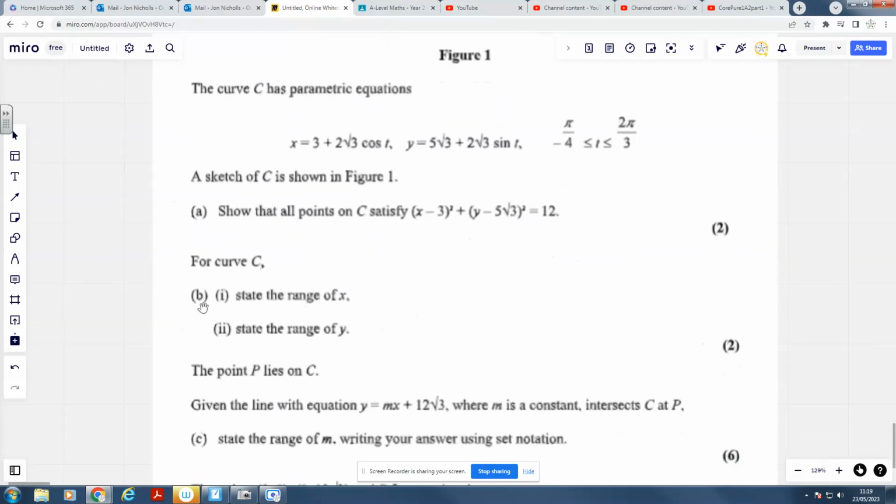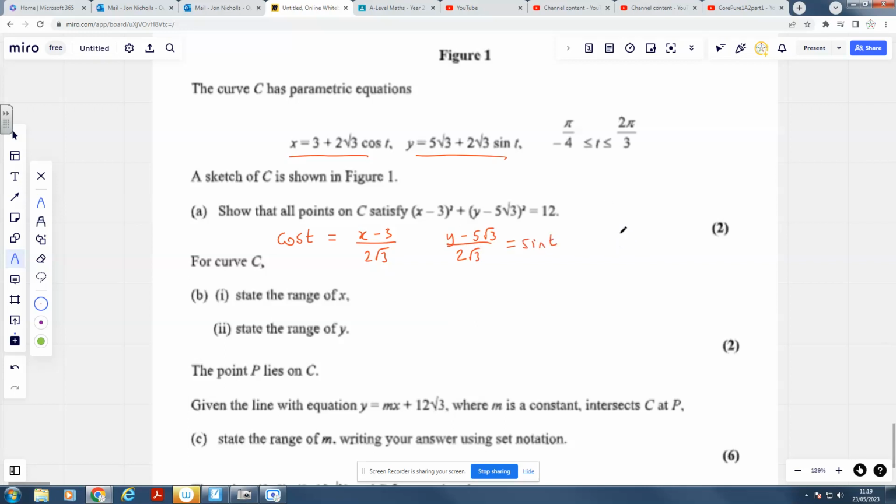Okay, so what have we got here? It doesn't start off too bad, actually, because it starts off with parametric equations, and it wants you to find a Cartesian equation. And there's a very standard approach for this. If you arrange this one into x minus 3 over 2 root 3 and rearrange this equation into y minus 5 root 3 over 2 root 3,